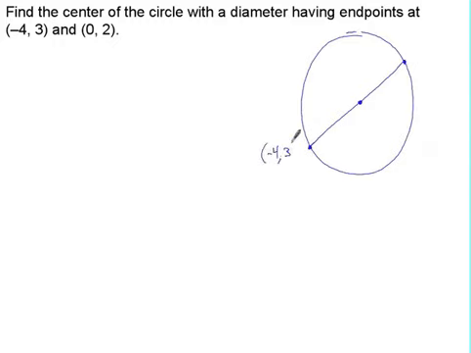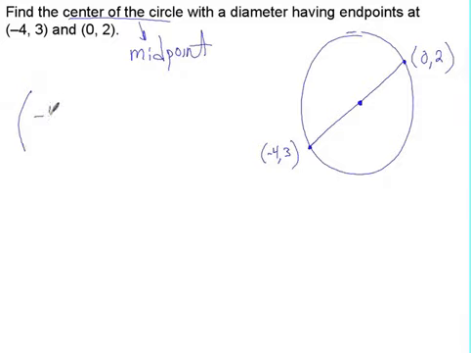Negative 4, 3 is one endpoint, and this other endpoint is 0, 2. So find the center. Well, the center of a circle is in the middle. So the center of a circle is the midpoint. So I apply the midpoint formula. So the center of the circle would be add up the x coordinates, which are -4